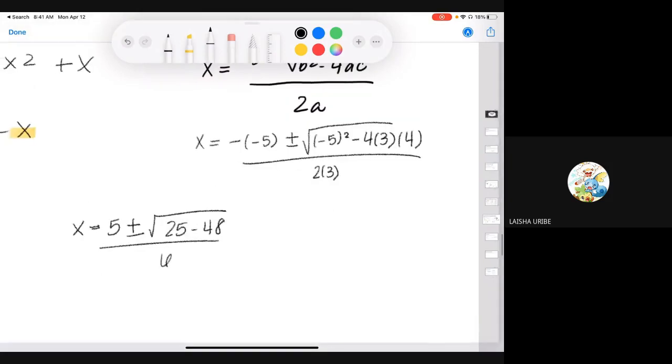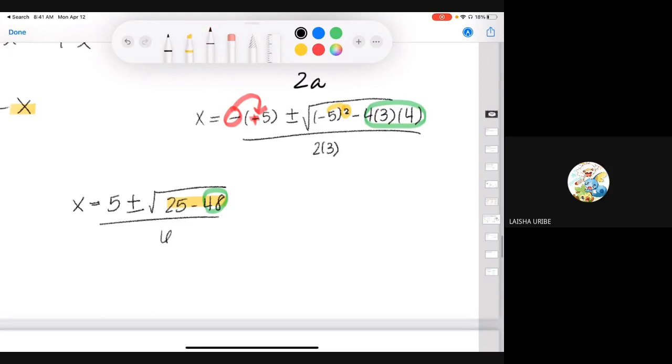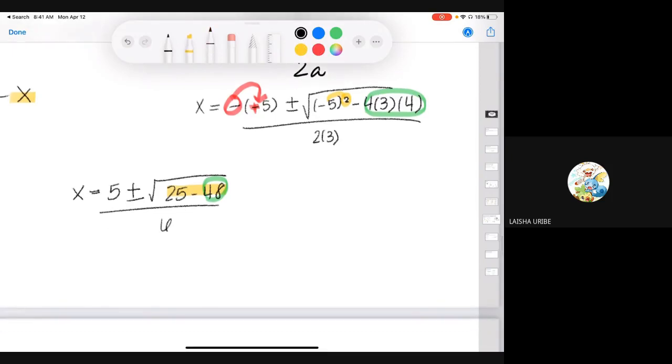So we're just simplifying. What I'm doing here is I'm taking that square, distributing that gives me 25. Then I am multiplying this together, that gives me 48. This one becomes a +5 because you're distributing this over, making it a positive. Now I'm going to simplify a little further. What am I going to do? Well, I'm going to actually do the subtraction inside of that square root. And so that gives me